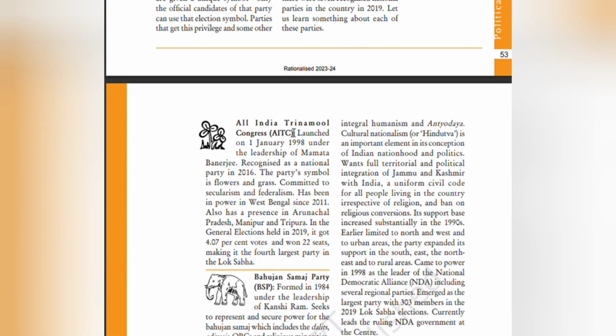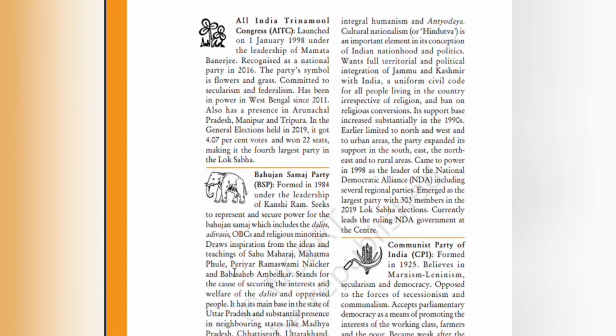All India Trinamool Congress (AITC) was launched on 1st January 1998 under the leadership of Mamata Banerjee and recognized as a national party in 2016. The party symbol is flowers and grass. Committed to secularism and federalism, it has been in power in West Bengal since 2011. It also has a presence in Arunachal Pradesh, Manipur, and Tripura. In the general elections held in 2019, it got 4% votes and won 22 seats, making it the fourth largest